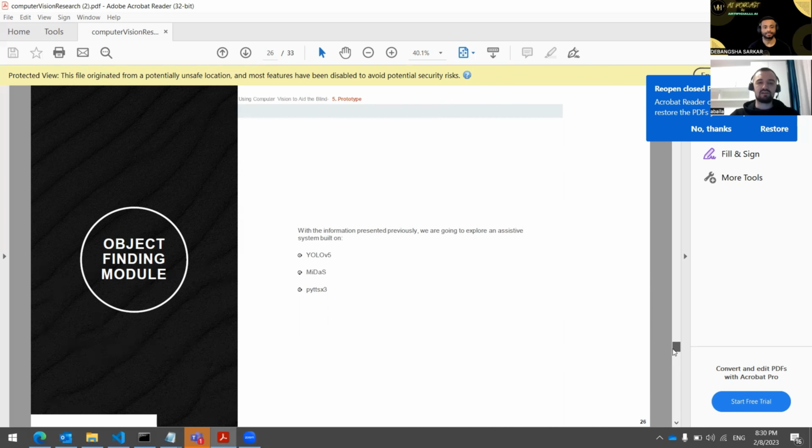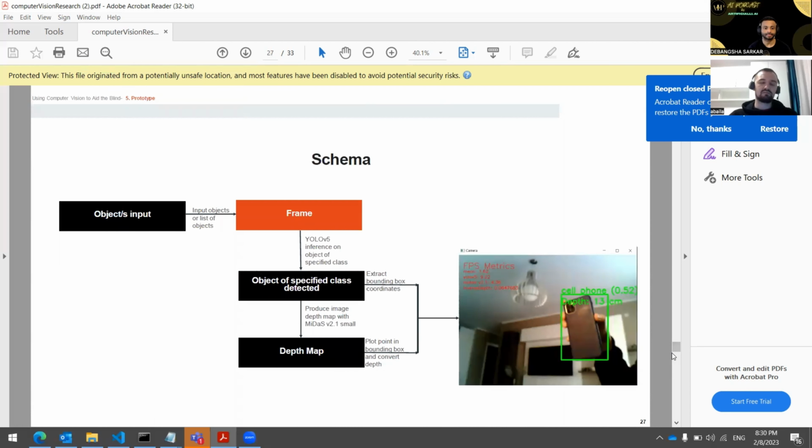And this is like a high-level schema, let's say. Basically, I wanted this to be an attachable device, like a pair of glasses. And with that pair of glasses, you would look throughout the room or the environment you're in. And if you're looking for, let's say, your phone, my mouse, my notebook, but I'm visually impaired, I cannot see, I would use this system to locate it.